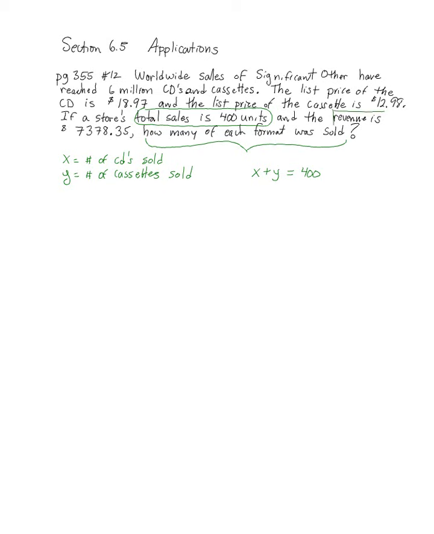equation comes from revenue is that much. Now, how do I find revenue? Well, revenue is the amount of money people give me. So, if somebody buys one CD, they give me $18.97. But I'm selling a bunch of CDs, I'm selling X of them. So the revenue from CDs is $18.97X. There's how much money I take in for all the CDs. Similarly, I would have plus all the money I take in from cassettes. All the money I take in from cassettes is